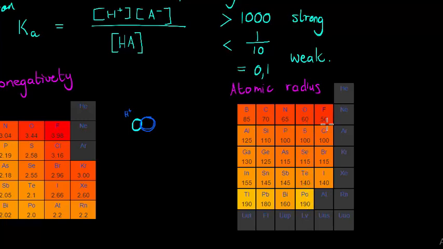You won't necessarily have the atomic radius on your periodic table, but notice that going from this group to that group, the size all of a sudden is about double. Not necessarily 100%, but for example,